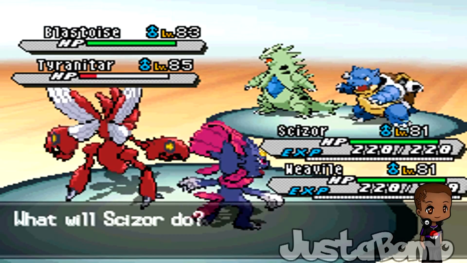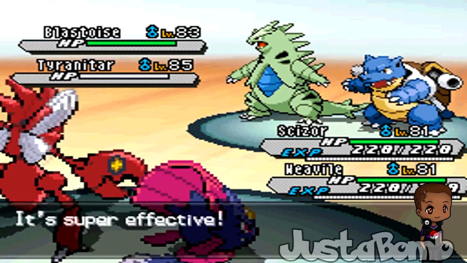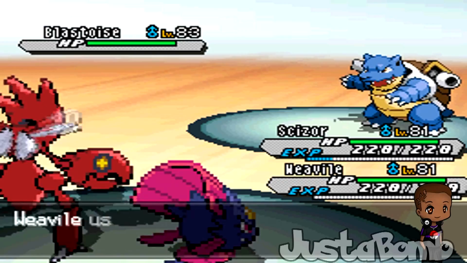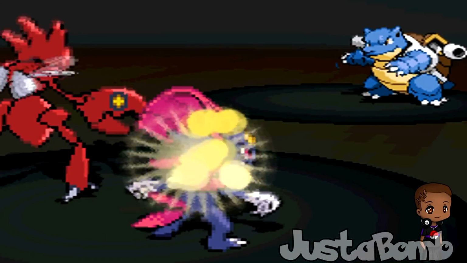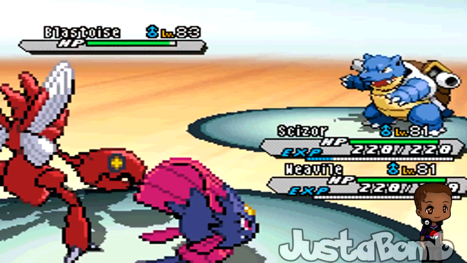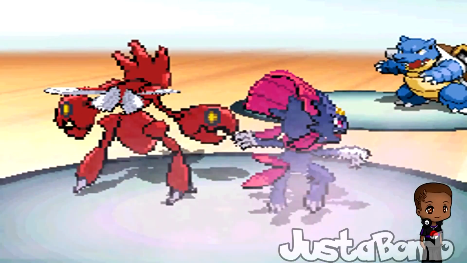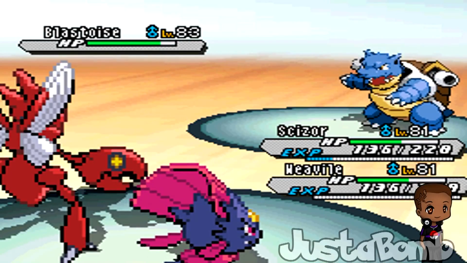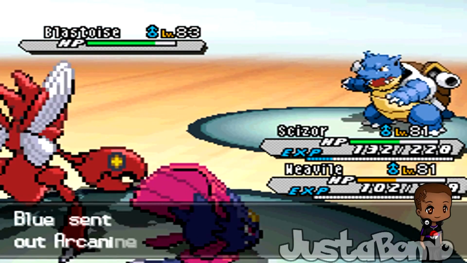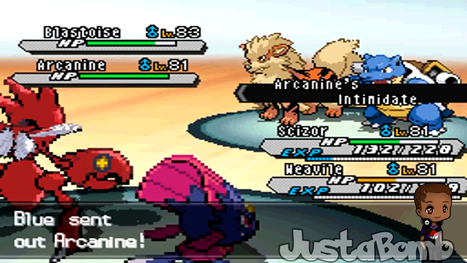As we wait for our players to choose their moves, Ethan is going to go for the Bullet Punch, taking out the big threat known as Tyranitar. Looks like Silver's Weavile is going to go straight for the Focus Blast on Red's Blastoise. Doesn't do that much damage, and Blastoise is going to retaliate by going for the Water Spout. Water Spout seems to do a big chunk to both our players' health, and Blue is going to send out